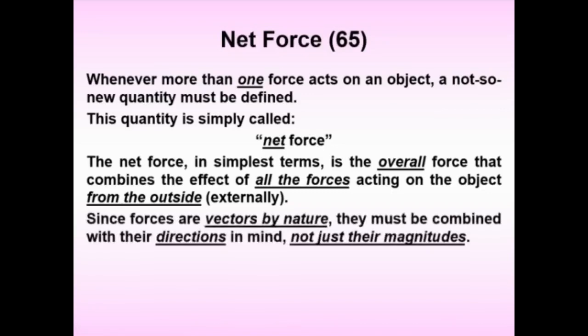Since forces are vectors by nature, that's why I asked you what happens when you calculate your net income. Some things are going in, some things are coming out, which means the signs of the forces, or the directions of the forces, do matter for sure. The biggest mistake people make when they do net force is they only combine the magnitudes. Completely incorrect. Why? Because then everything just turns out to be positive, which doesn't always have to be. For example,